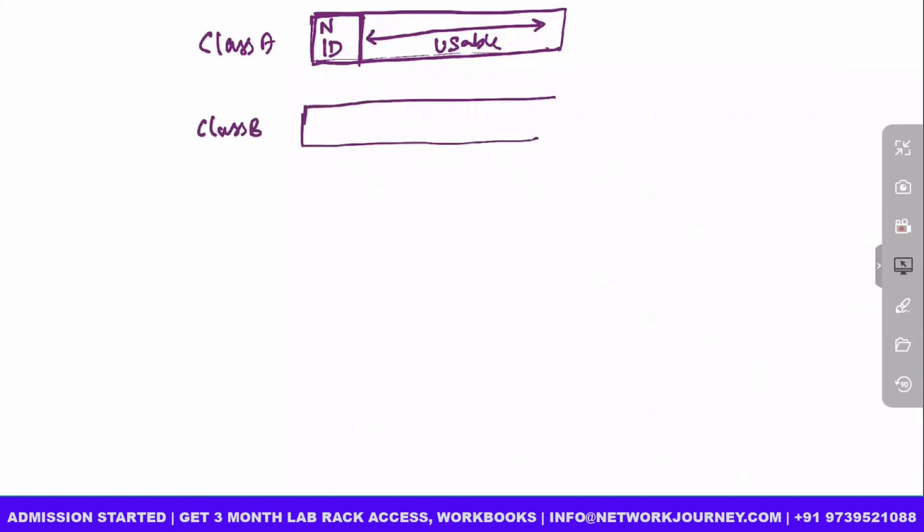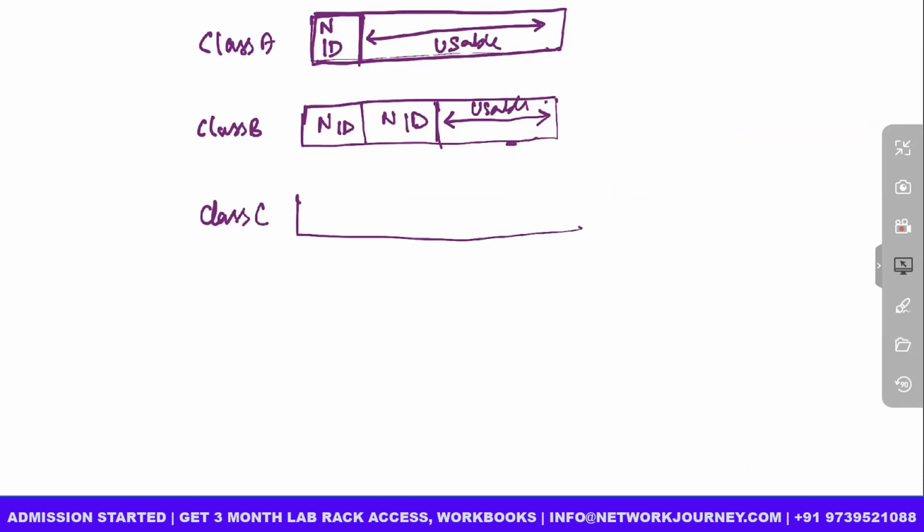Class B scenario, this is network ID and the next block is network ID. You still have 2 blocks for usable purpose. Class C, the first one is network ID, the second one is network ID, and the third block is also network ID. So you're only left with one block. So here you have 3 more spaces, here you have 2 spaces,